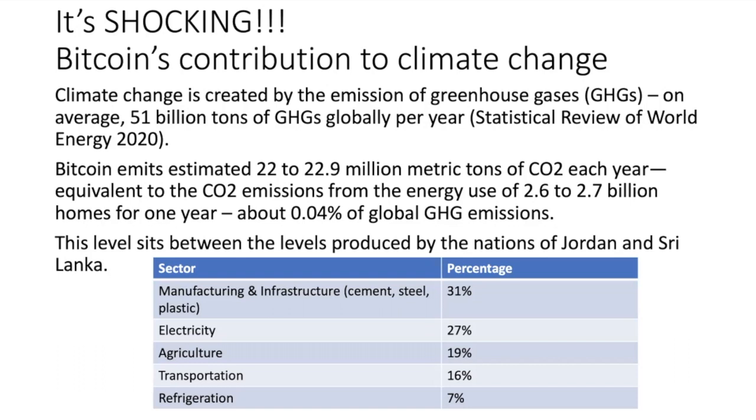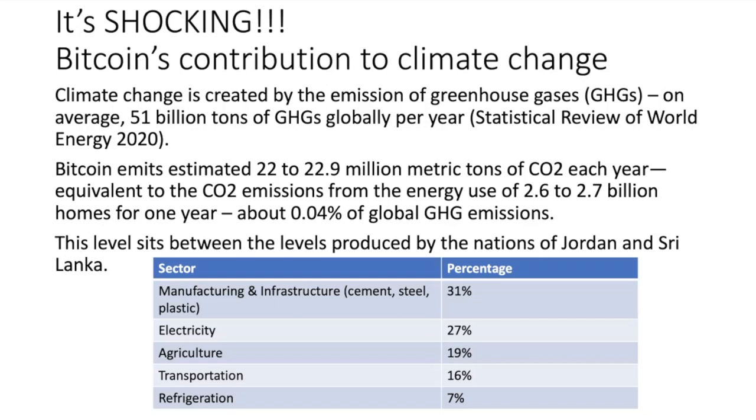The Project Drawdown website breaks down greenhouse gas emissions not just by sector, but also by the different greenhouse gases, because greenhouse gases are not just CO2, but also methane, chlorofluorocarbons, et cetera. So looking specifically at CO2, Bitcoin emits an estimated 22 to 22.9 million metric tons of